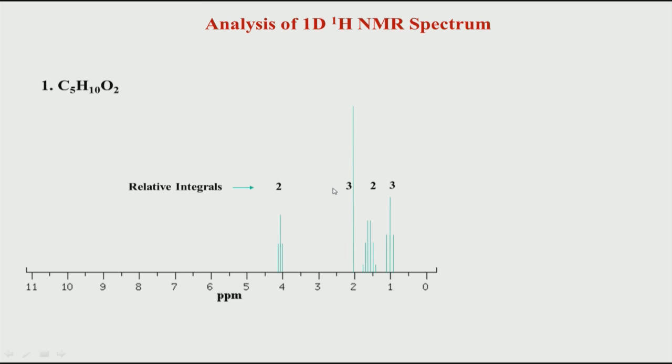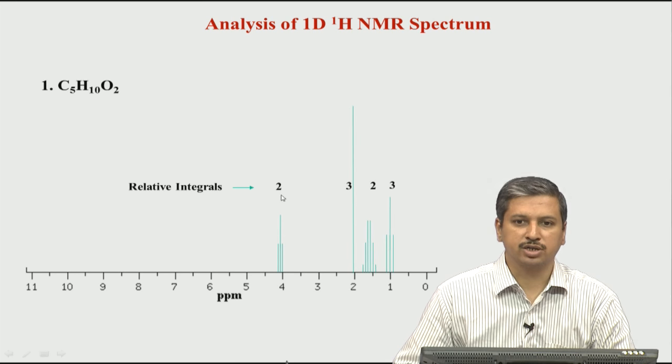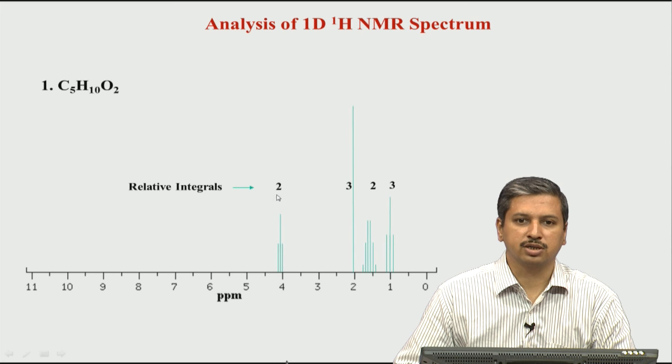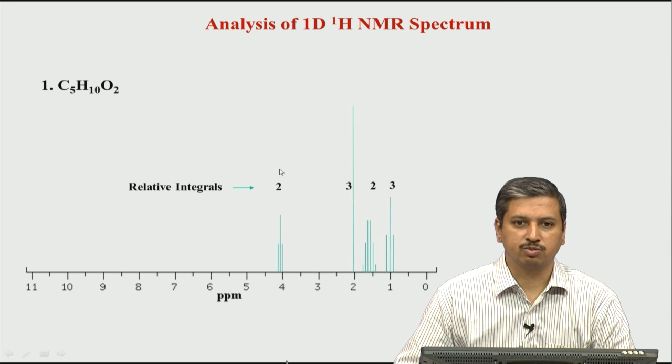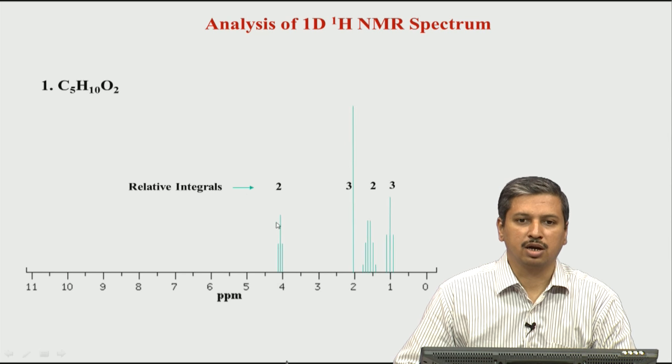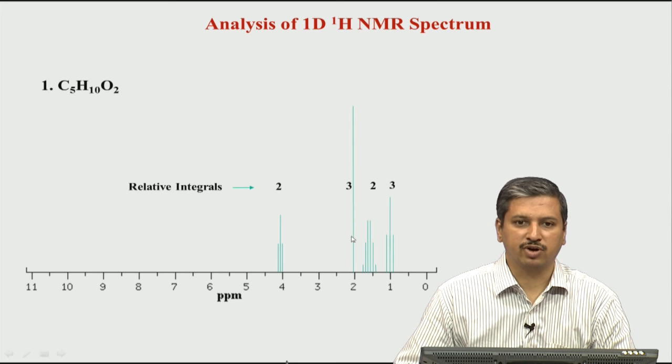The next thing is to look at the J coupling. We have a triplet here, this is a sextet, that is 6 peaks, this is a singlet, and this is a triplet again. If you count the number of hydrogens, the relative integration is shown here: 2 plus 3 is 5, plus 2 is 7, plus 3 is 10, which is exactly the number in the formula. Everything is matching well, the number of protons corresponds to the number in the molecule, and the number of types of hydrogen is 4.